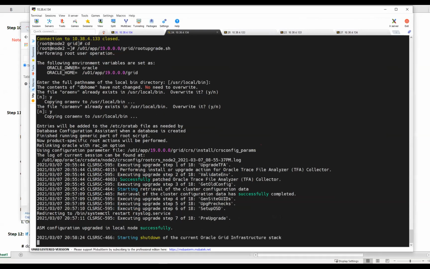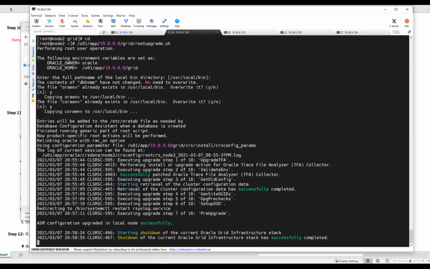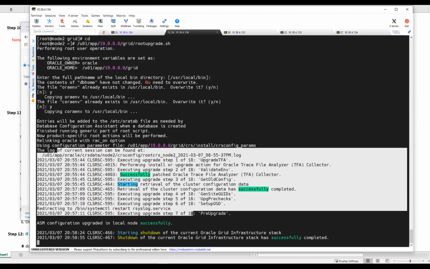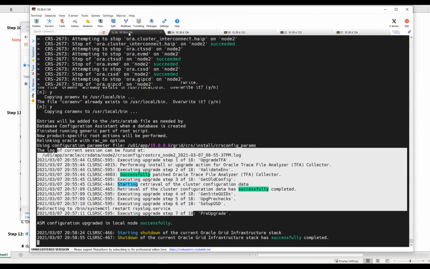What I'll do, I will start one service at a time. I will start OHASD and show what files and what services you need to check. After that, whatever services it starts, I will start manually. I'll do the troubleshooting and show what files you need to check. Definitely, I'll take one session, probably next week. So that if you understand the clusterware startup sequence troubleshooting, then definitely for any issue during your grid upgrade, you will be able to fix it, because this grid upgrade is nothing but your clusterware startup sequence. It will do only the resource upgrade, but at the back end it will do shutdown and startup multiple times.